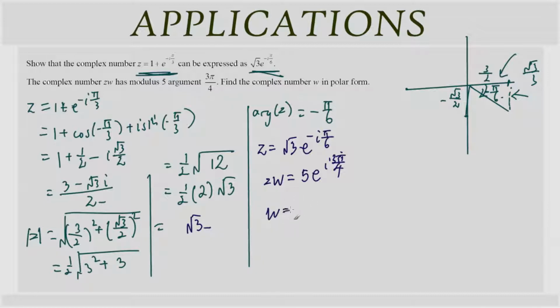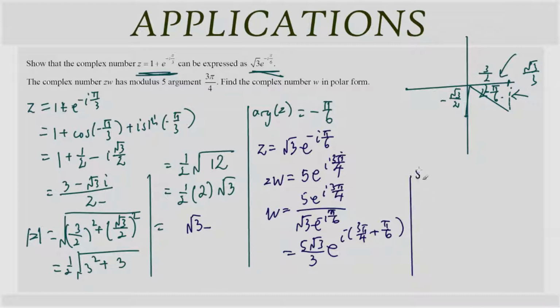So we have w is equal to 5e^(3πi/4) over z, and z is equal to root 3 e^(-iπ/6). All we need to do is just do the math. So that's 5 root 3 over 3, rationalizing the denominator, and we have e to the power of i times (3π/4 + π/6), because we're dividing by that. And that's equal to 5 root 3 over 3